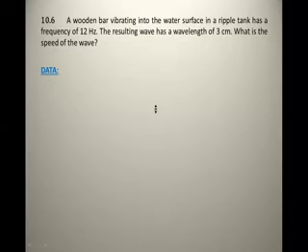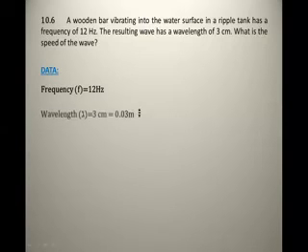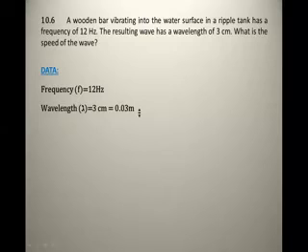A wooden bar vibrating on the water surface in a ripple tank has a frequency of 12 Hz. In this data, first we write the frequency. Okay, now I'm writing here frequency, represented by f equals 12 Hz. Further, the resulting wave has a wavelength of 3 centimeter. Miss, we write wavelength 3 centimeter. Then we have to find what? Speed. Velocity. Yes, miss. In the solution, velocity is equal to